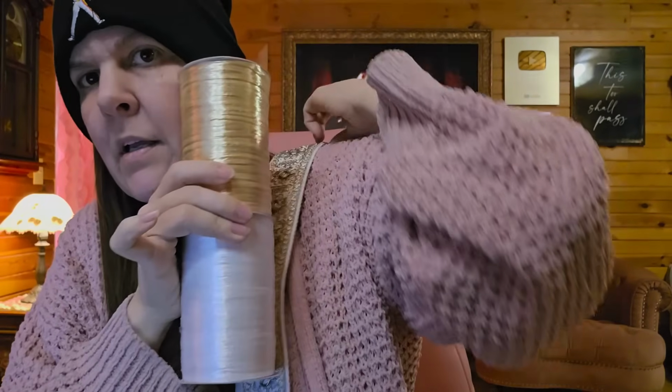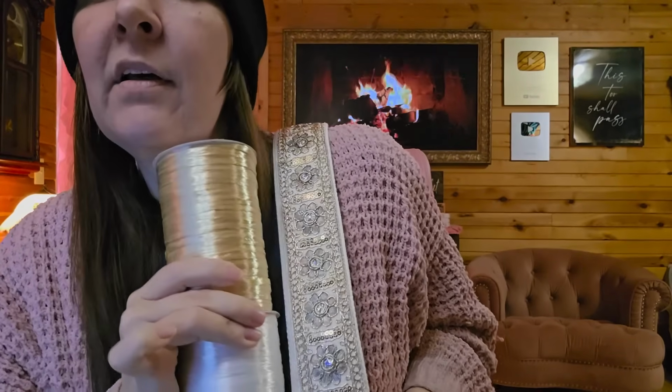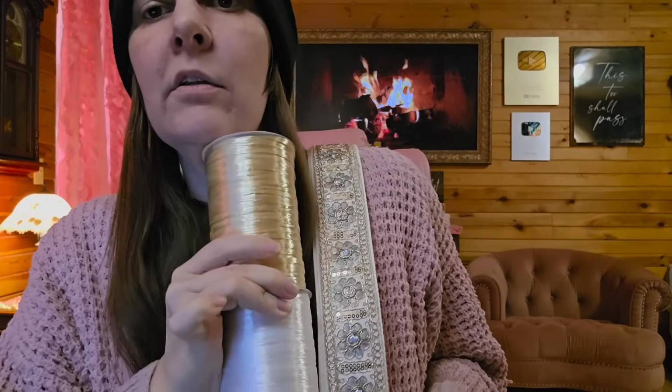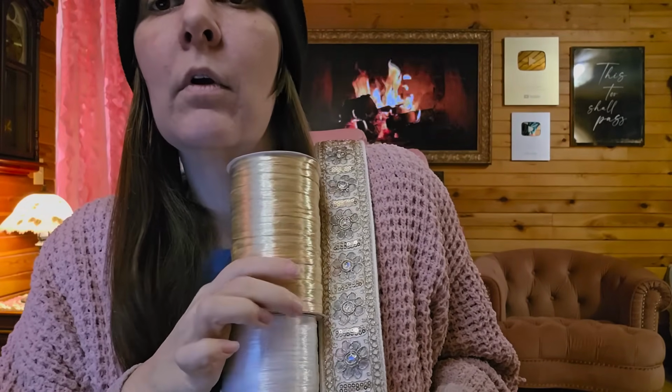Picture the bag. Can you picture the bag? You can't picture it because you don't know what I'm doing. I could incorporate them both, but I'm not going to do that. I want it solid. I can't incorporate them both. I sure do like them both. I'm leaning towards that gold though. But you guys let me know in the comments. And the pink,